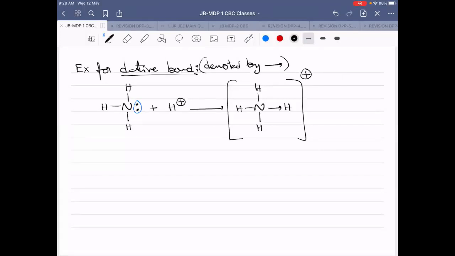Siddhartha, we cannot compare between the strengths of ionic bond and covalent bond. Understanding? They are two different concepts. We cannot compare between them. You can compare within the ionic bonds, or within the covalent bonds. Comparing between ionic bond and covalent bond is not actually correct.